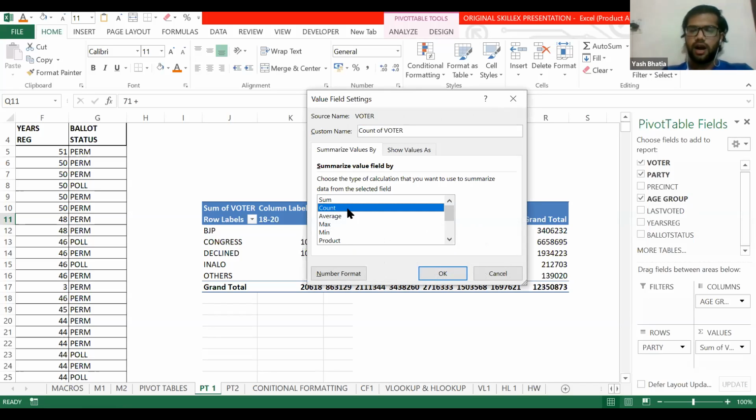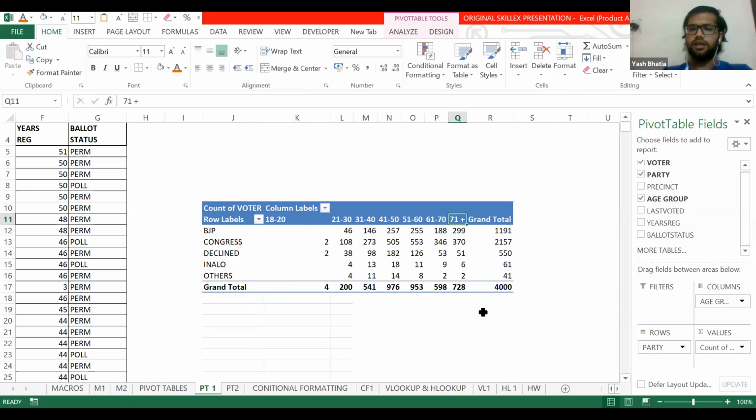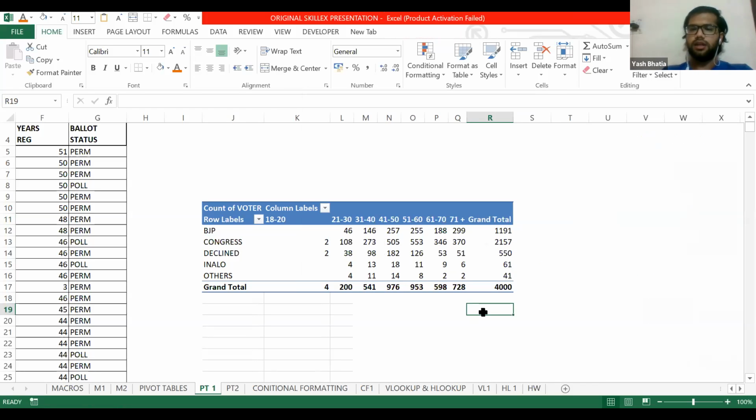Here I need the Count command. We will select OK, and a table is created which shows the number of people who voted for BJP from different age groups.